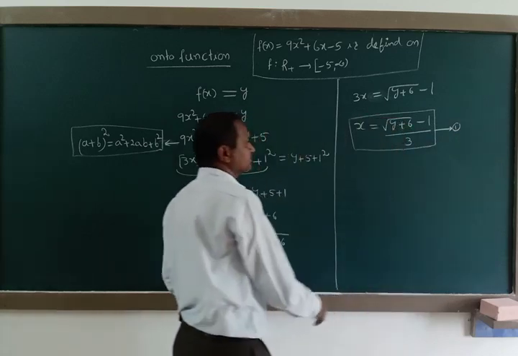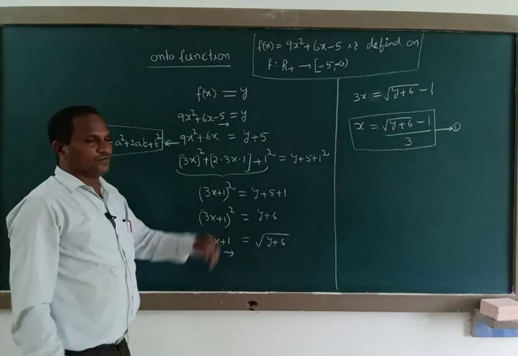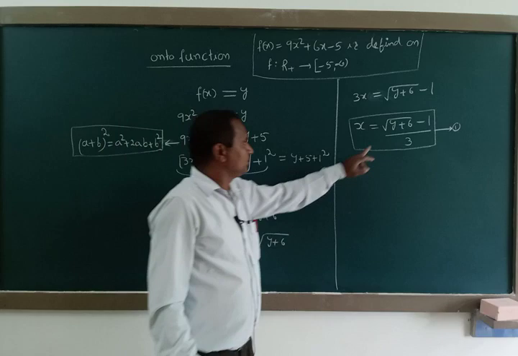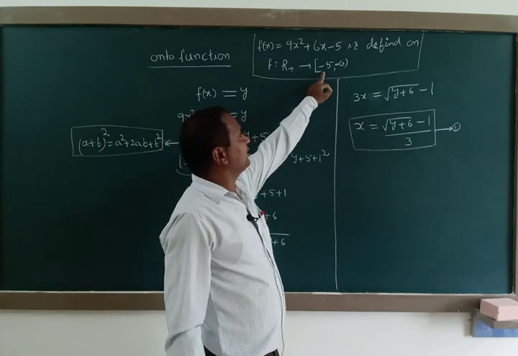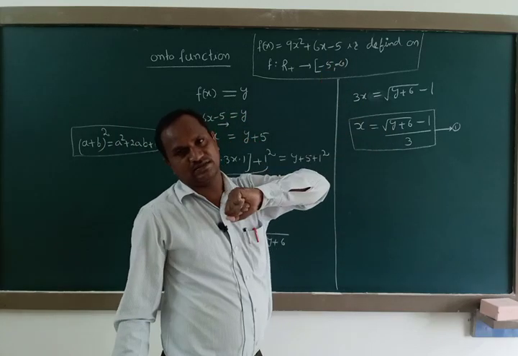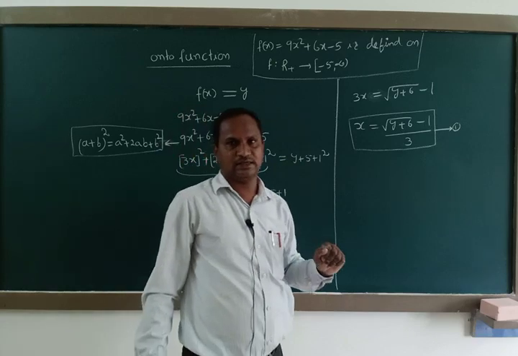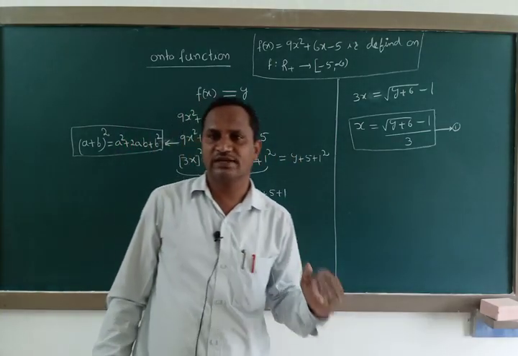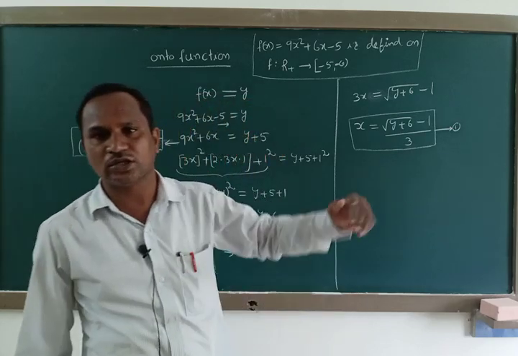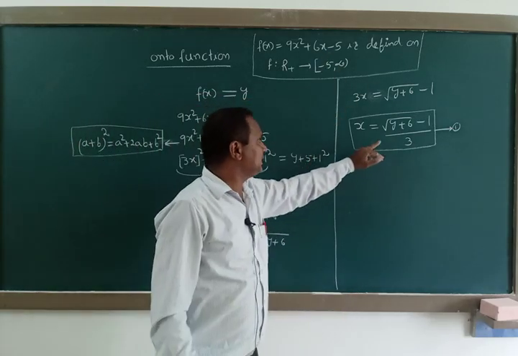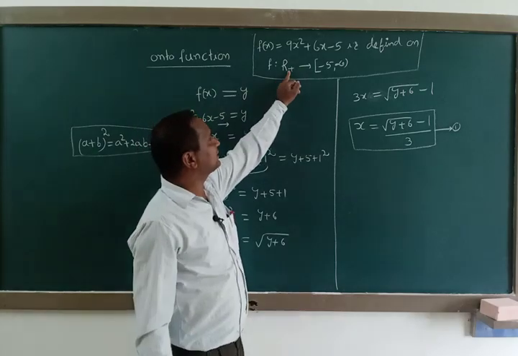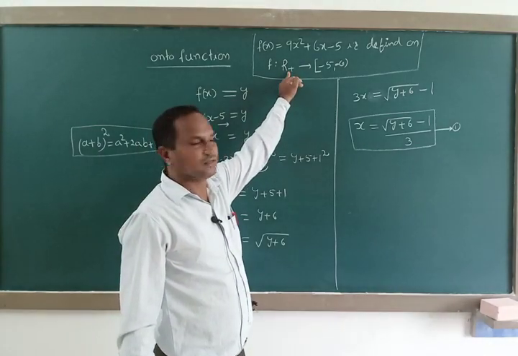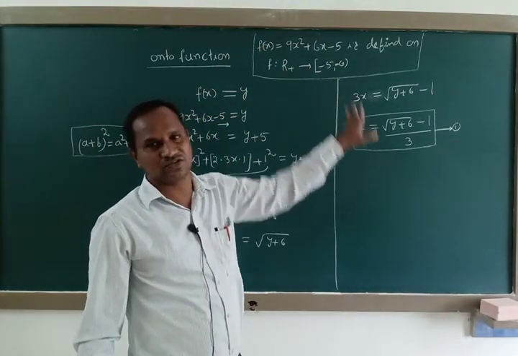Number 1. From this onwards, how to check? For y, from minus 5 onwards, from minus 5, next will come minus 4, minus 3, minus 2, minus 1, 0, 1, 2, 3, 4, up to and so on. You can take any number and again you will get a positive real number.